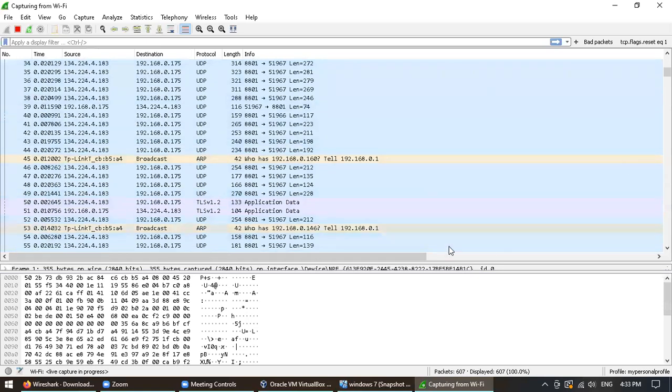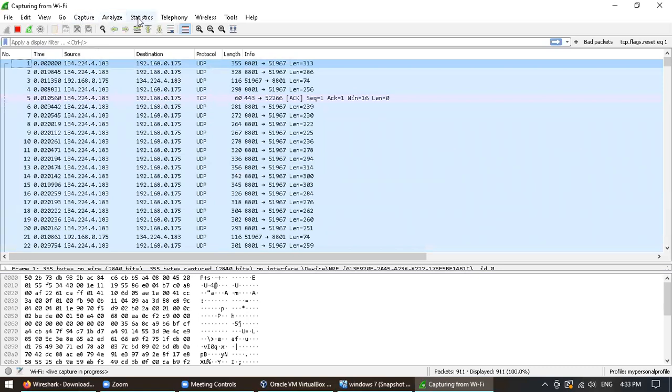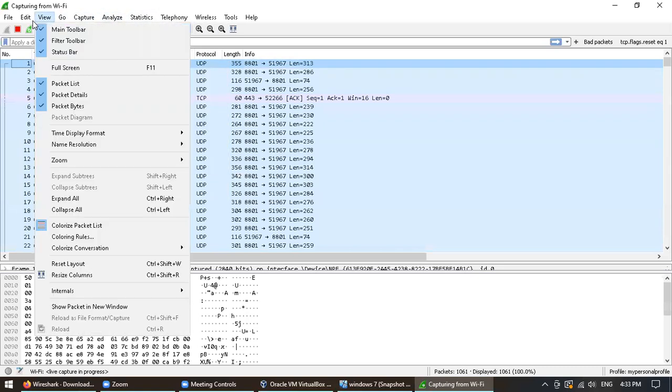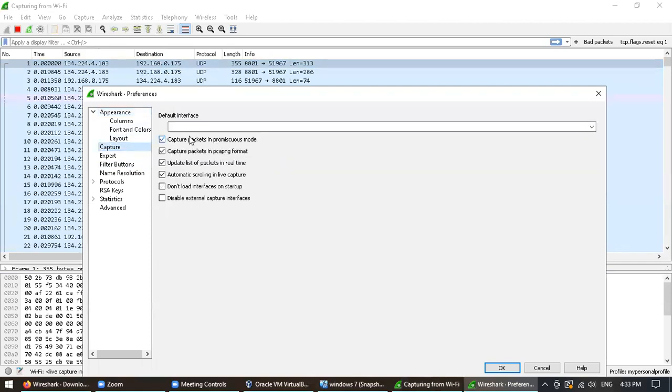Okay, what does this colorizing mean? Before showing you this, I'm going to show you one thing. Go to Edit, Preferences, and the Capture option. You can see the option to capture packets in promiscuous mode. That means if you check this, Wireshark will capture all the packets flowing in the wire or wireless. If you uncheck this option, Wireshark will only capture